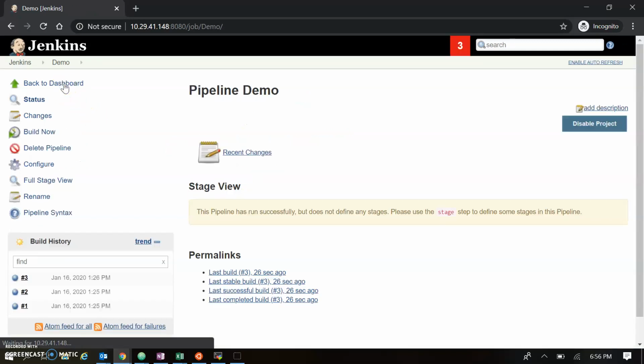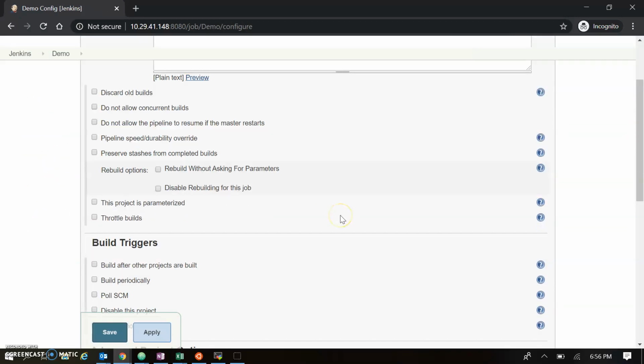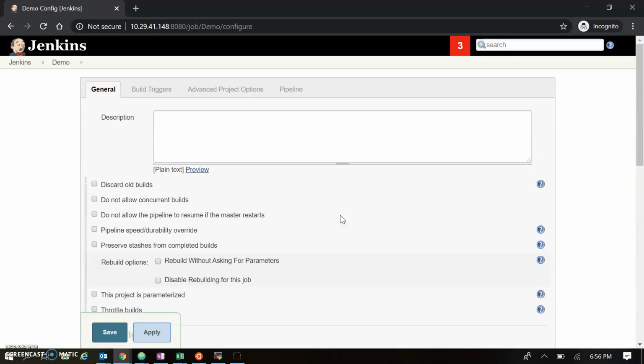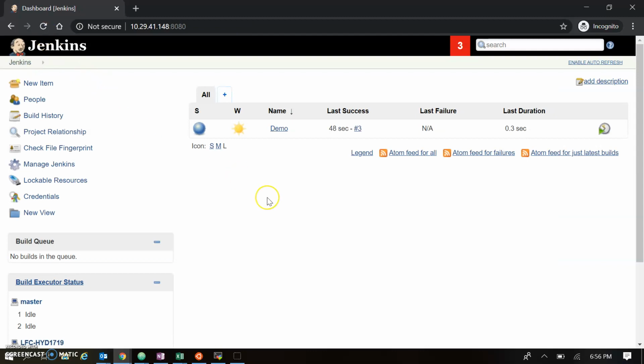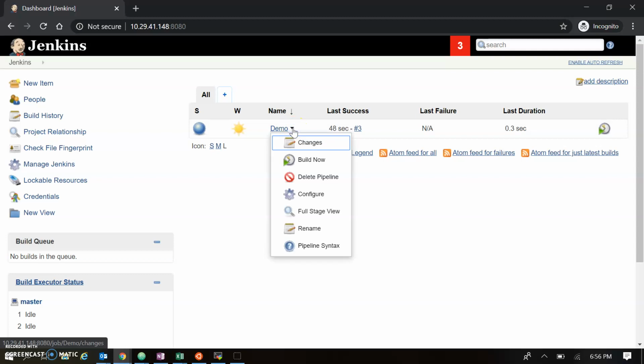In this session we will basically focus on how a build fails and how to focus on the configuration for the failure. So let's move to the configuration page for this project. How do you get to the configuration page? In the left menu you can find the configure option over here. Also there's another way. Let's move back to the Jenkins home page, and this is our dashboard. From the dashboard you can also go to the config page from here. Click on the name and you can find the configure option over here.